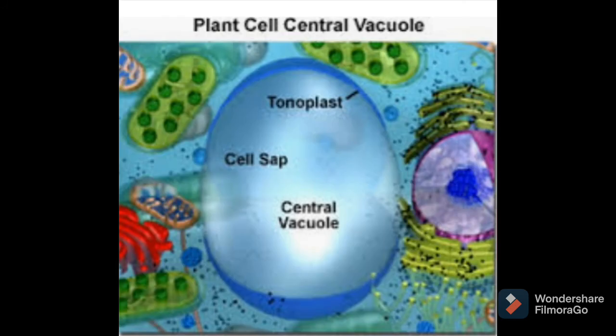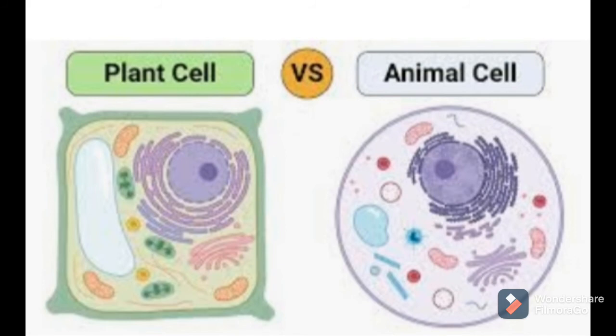When we are talking about the structure of the vacuole, the structure is simple and it is a membrane-bound organelle. A single membrane-bound organelle, filled with fluid called cell sap. This cell sap is rich in materials like minerals, sugar, organic acids, carbohydrates. When we compare the size of vacuoles in plant cells and animal cells, in plant cells and fungal cells, vacuoles are larger in size. In animal cells, they are smaller in size. Also in plant cells, they are few in number. In animal cells, more in number.